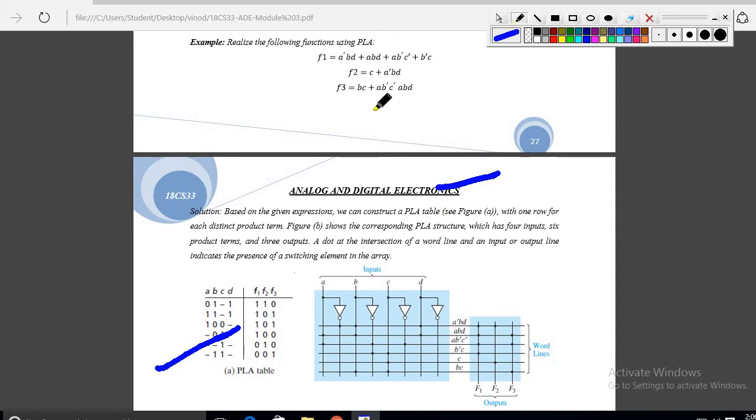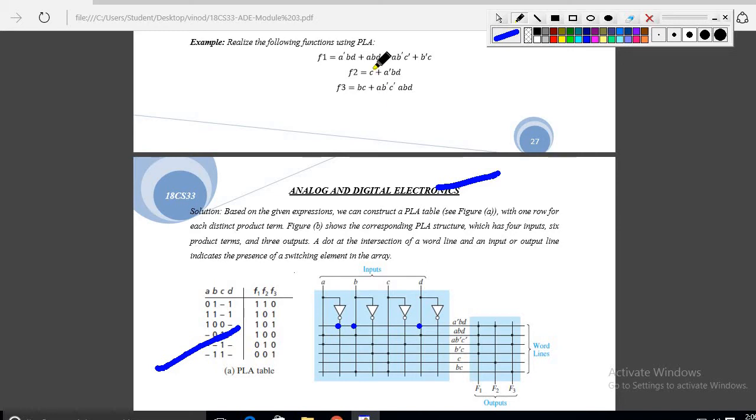Okay, so first we have to see A bar, B, D. Where is A bar? A bar is here, B is here, D is here. Just make a point and write the product term here, A bar B D. It is also correct. Don't put an AND gate; instead of that, I am directly writing. So this is also correct and that is also correct. For the examination, this is much easier. So whichever you feel comfortable with, that you have to write.